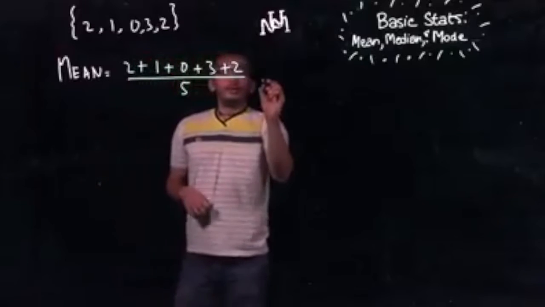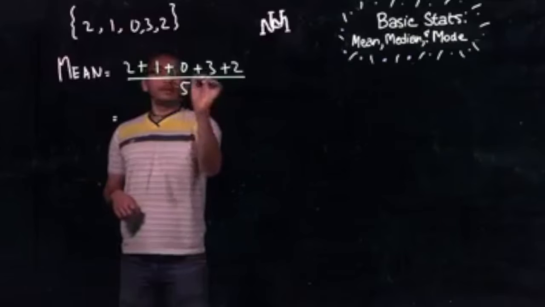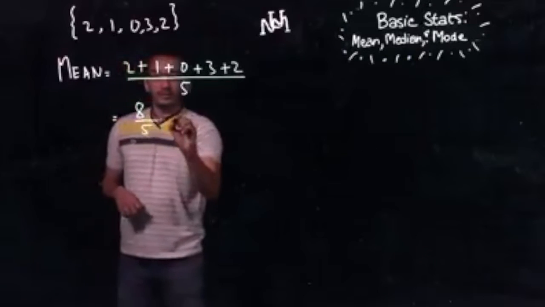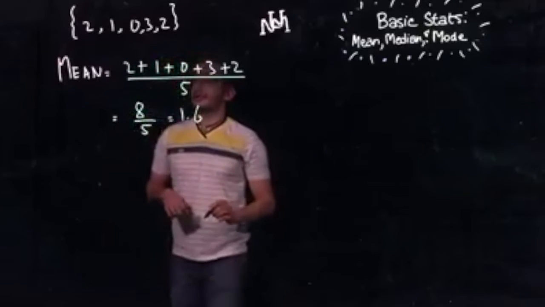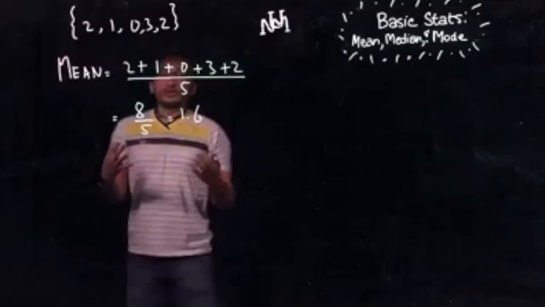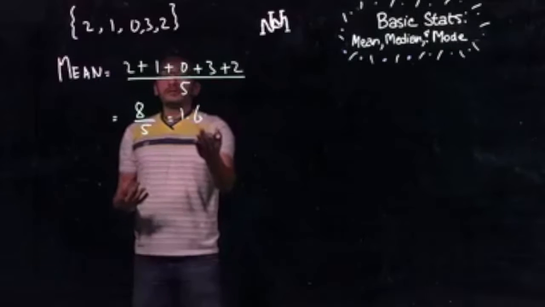5. So what we end up with is 2 plus 1, 3, 6 and 8. 8 divided by 5, which gives us the final answer of 1.6. So 1.6 is the mean of this sample, which means that on average this particular individual scores 1.6 on any